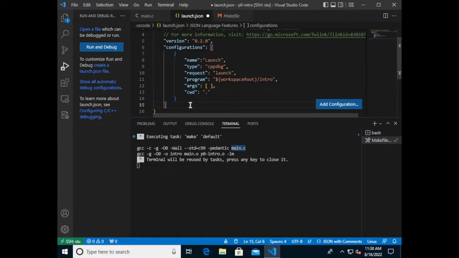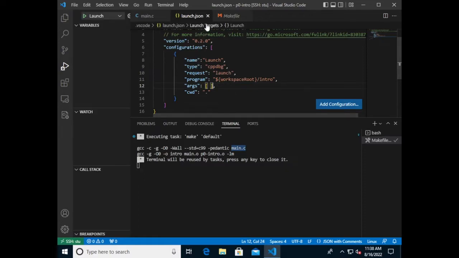So that was a lot, and none of it is particularly important to understand. It's just options that Visual Studio Code needs in order to invoke the debugger. Really, the most important thing is just understanding that later on when we need to add command line arguments, we can put them in here. All right, so let's go ahead and save this. So I pressed Ctrl+S, and you'll notice that it now detects that we have a launch configuration here.